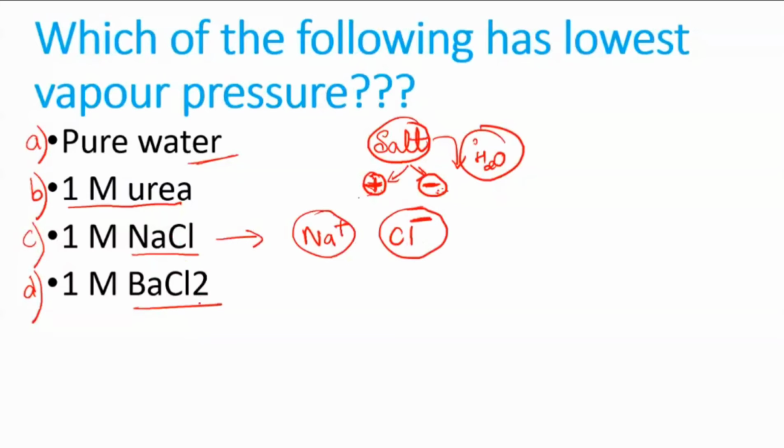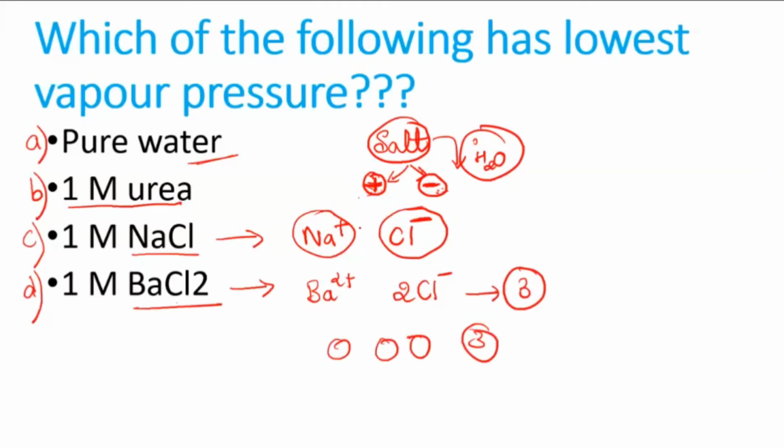But we will see the next option also. Barium chloride. 1 barium chloride will dissociate to give you Ba2 plus ion. And how many chloride ions will be formed? 2 chloride ions, correct? So how many ions in total? 3. I am having 3 ions. See, 1 has dissociated to give you 3. So 3 will form more blockage than compared to 2. Got the point now? Here 3 is a larger number and they will block more, so less surface area will be available. So obviously the lowest vapor pressure is possible for the last one, barium chloride. Got the point why barium chloride is the answer?